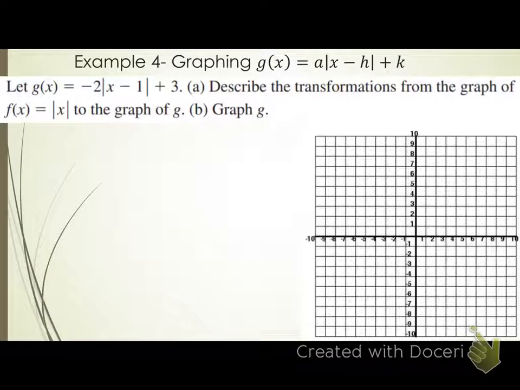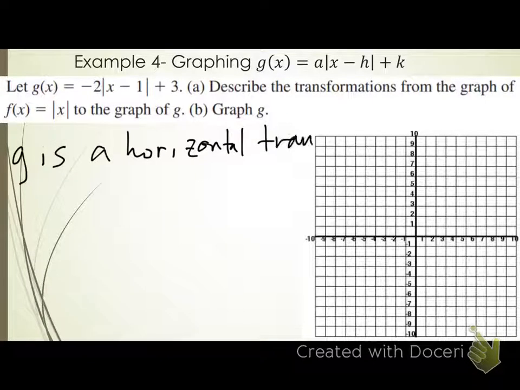So g of x has a horizontal translation. Is it right one or left one? Right 1. So g is a horizontal translation, right one unit,